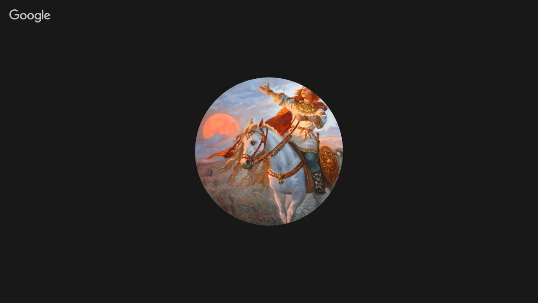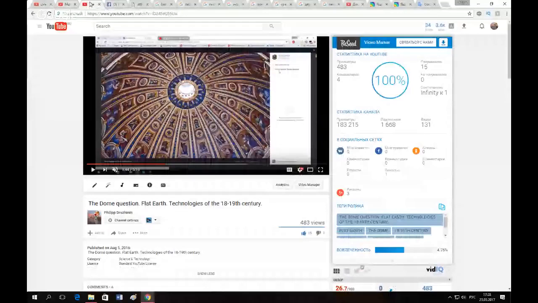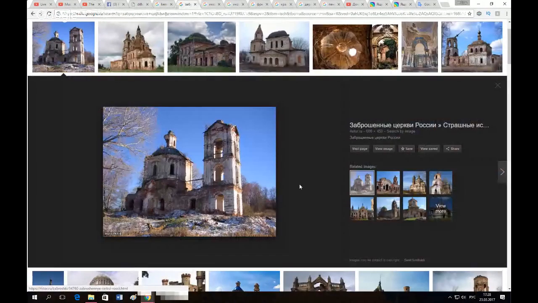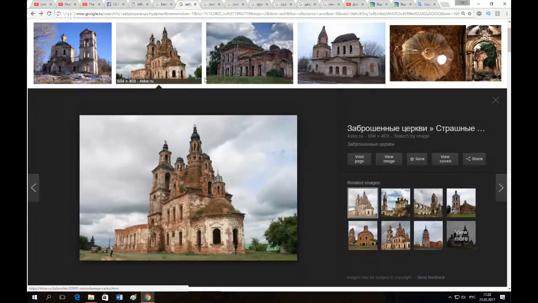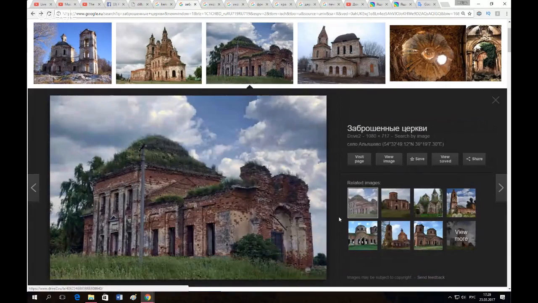So I'm gonna screen share what I'm talking about so you can understand. First, to start the topic, I would like to show you some pictures of them. So these are abandoned churches in Russia. We have a whole bunch of them, and they all look pretty much the same. They are all built from brick,